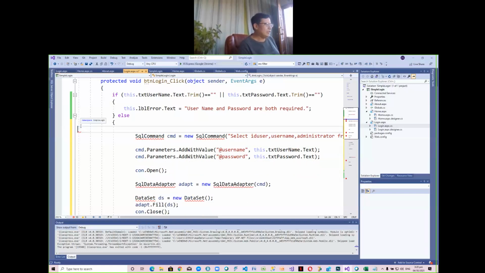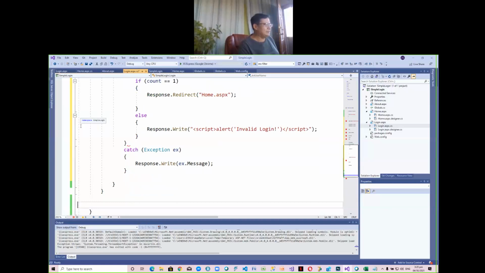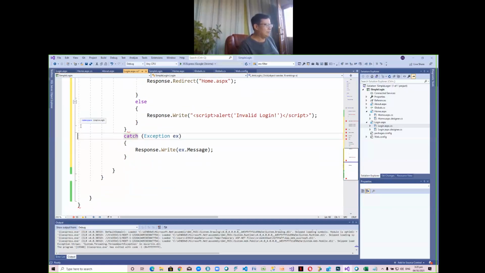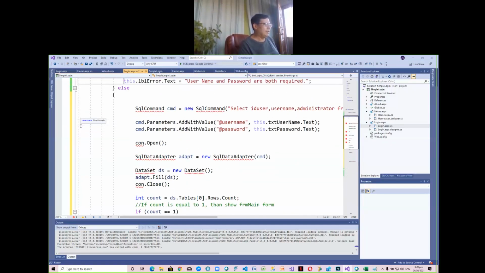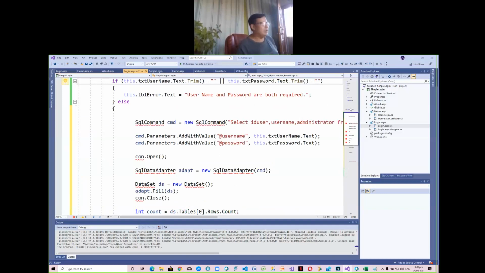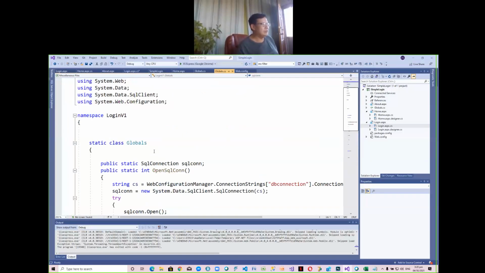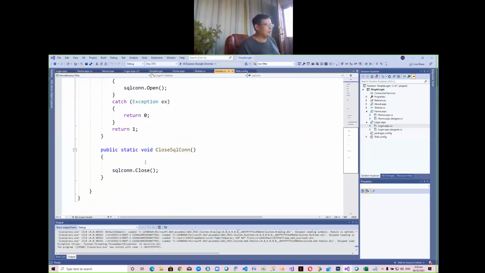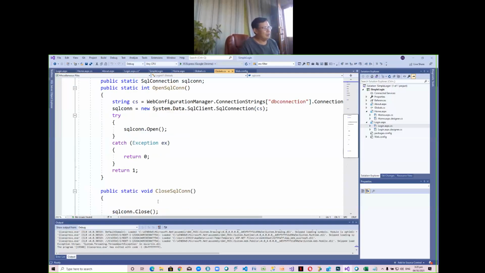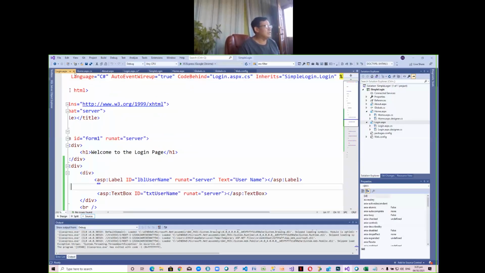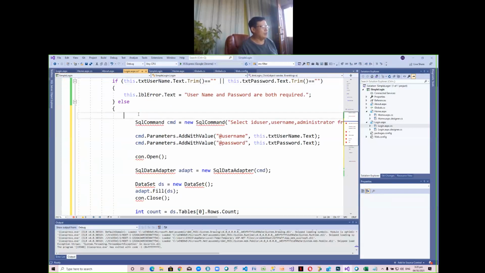So instead, we have created the code to connect in our globals. Okay? Kasi nandito tayo, meron tayong globals. Let's look at the global CS ito. So meron tayong connection dito, meron tayo dito. Okay? Open SQL connection. And then we'll close the SQL connection. So madali na lang. So dito sa ating login, sa ating code behind sa login, we'll just say